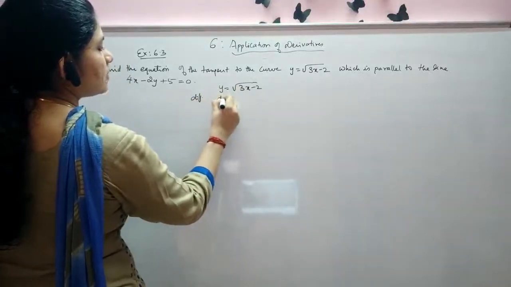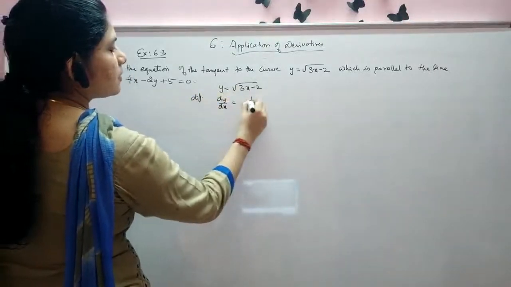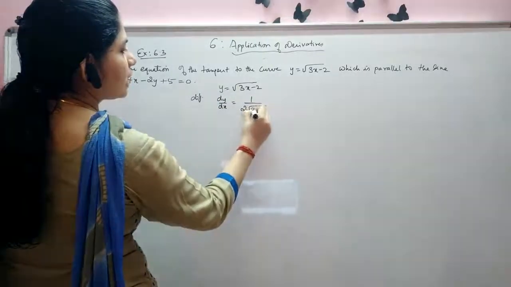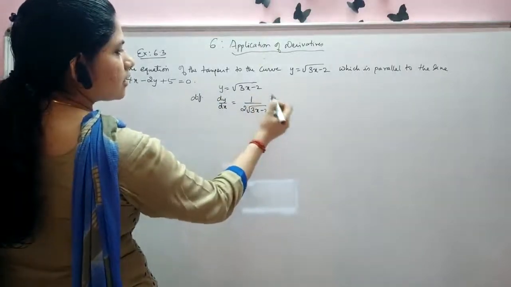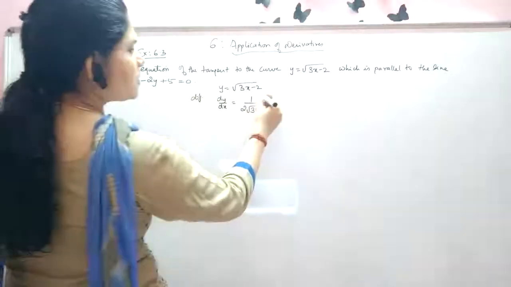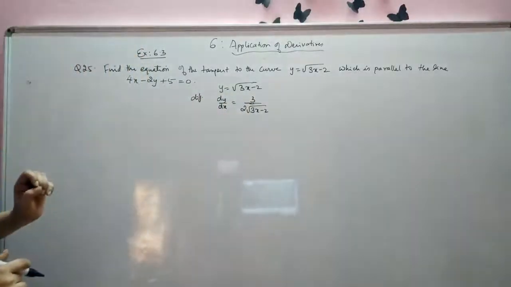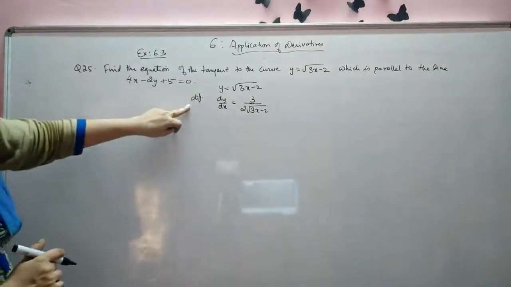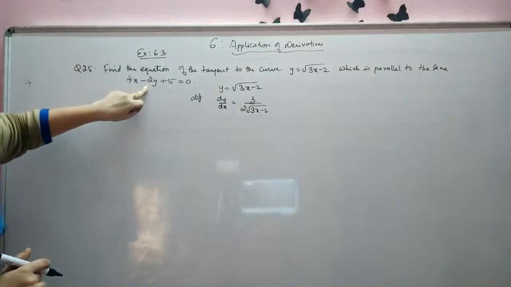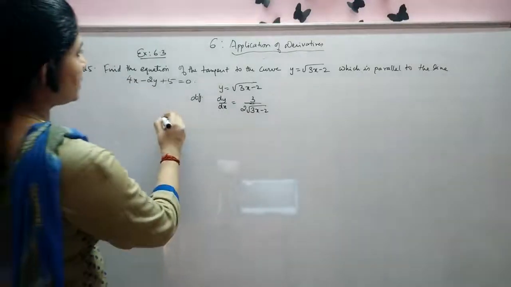Differentiating, you will get dy by dx is equal to root of something will give you 1 by 2 root of that term into the derivative of this term, which will give you 3. So 3 by 2 into root of 3x minus 2 is the derivative. Now what you want? The slope of this line. Okay, now slope of the line is,